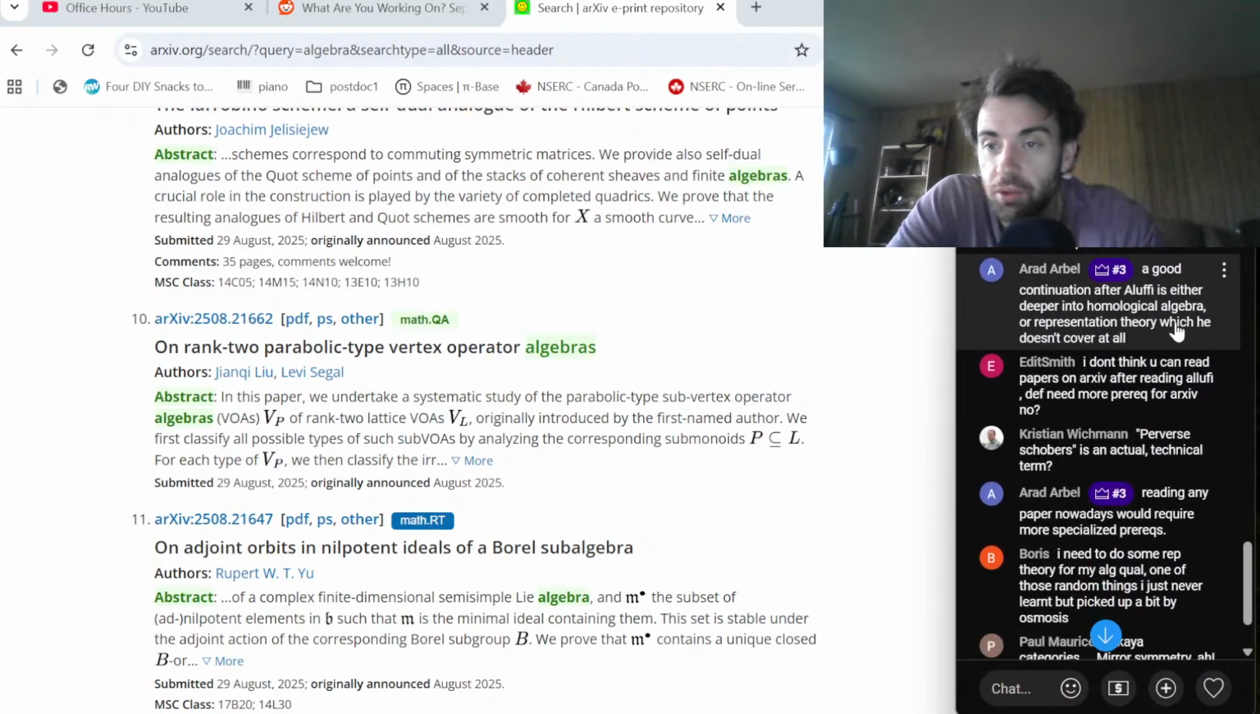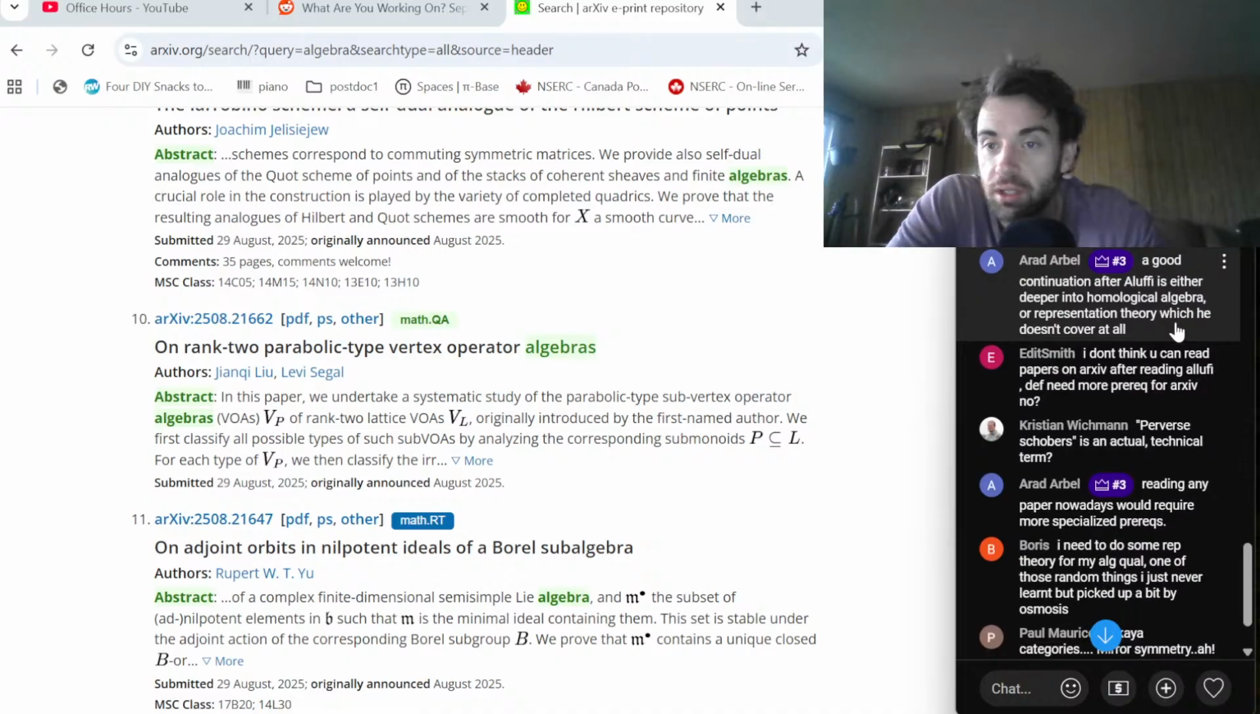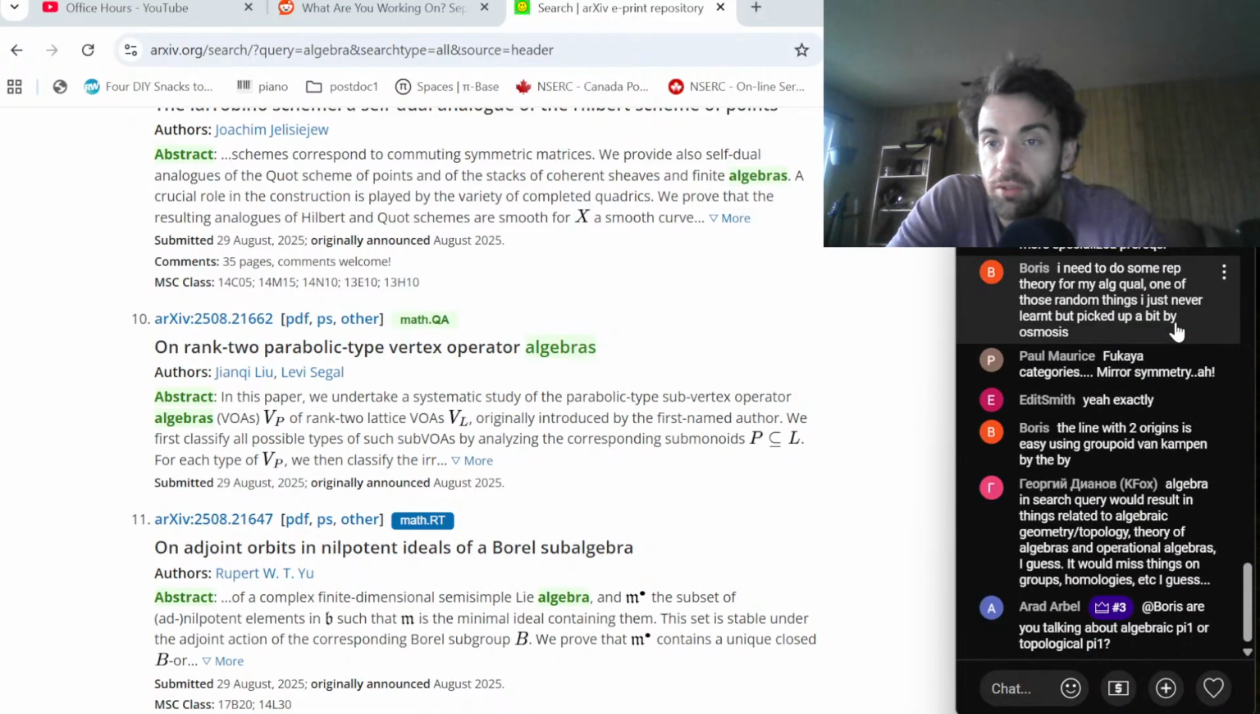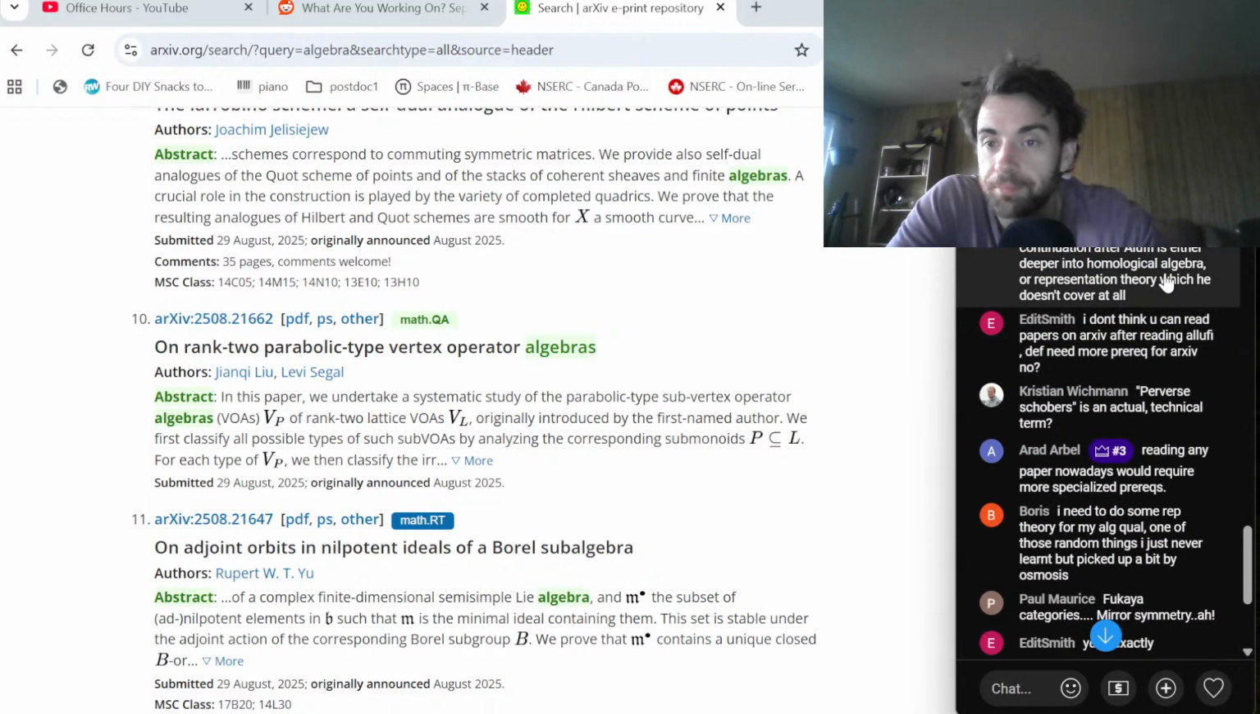A good continuation after Lefschetz is deeper into homological algebra or rep theory, which he doesn't cover at all. Yeah, that's a good point. Yeah, I'm not saying don't go read another textbook, but